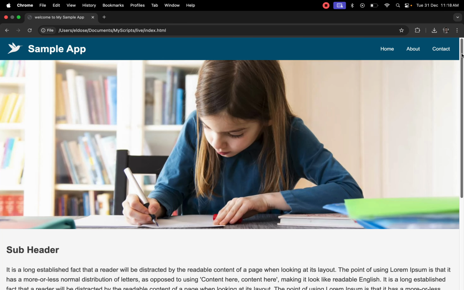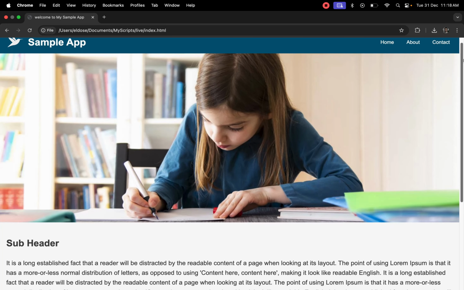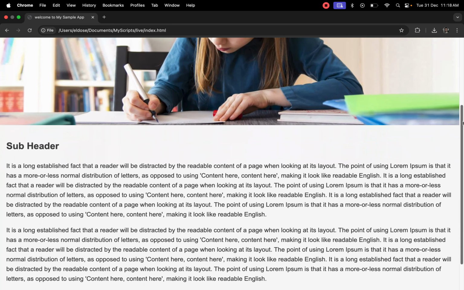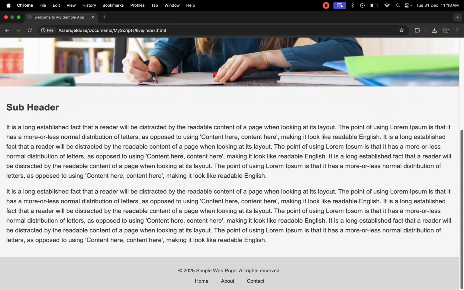To reduce the length of the video, I'm going to include all the HTML and styles required for the development of the home page only. The other 2 pages will be covered in a separate video.